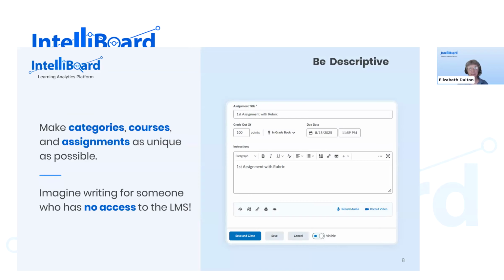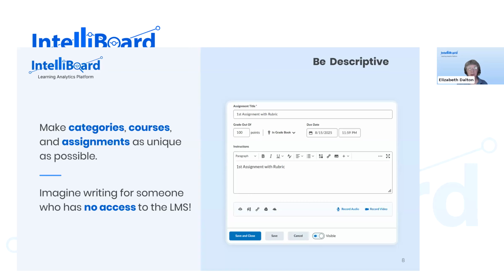That's the problem here. So it's common in some cases for an instructor to name things assignment 1 or week 1 discussion or things like that. And for an instructor teaching one course, that may look fine. If a learner's only in one course, that may look fine, but we like to be able to provide reports